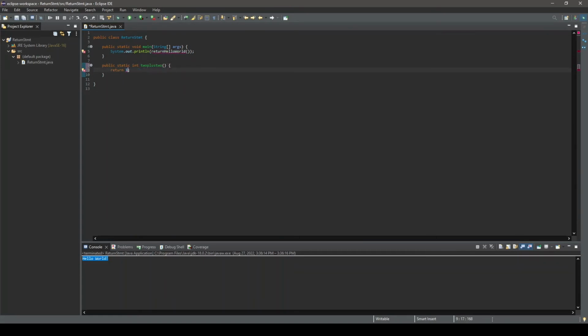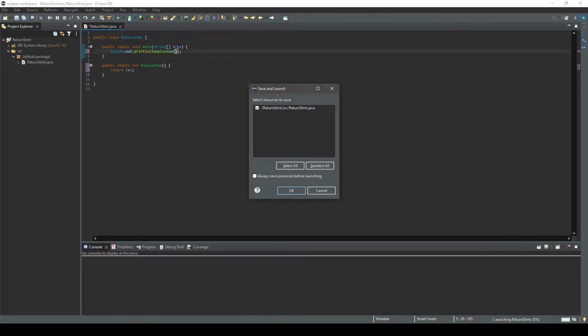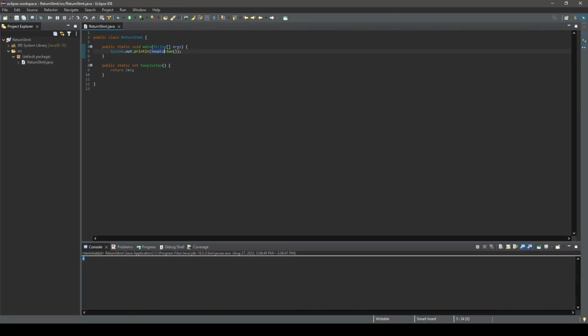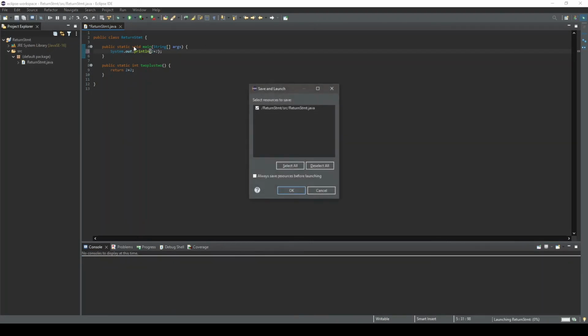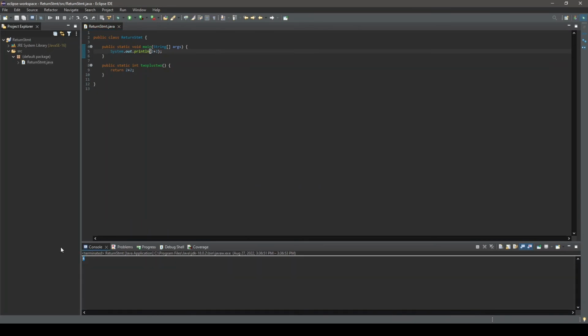And if we call this method in our println statement within our main method, we can see the operation is performed and 4 is output to the console. Now, you might be wondering why return statements? We could just type 2 + 2 within our println statement and get the same output with less code. While this is true for such a small program like this, you may be able to see how this may